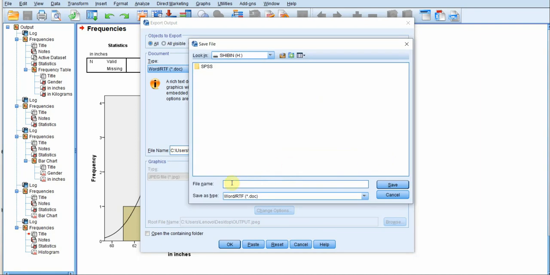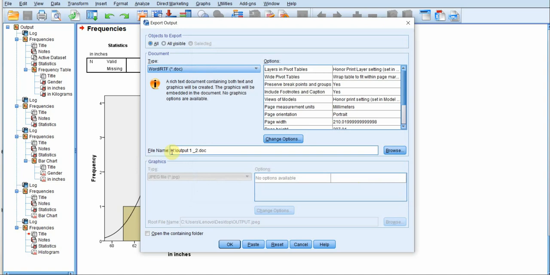So let me do one thing. Let me just save it in my pen drive itself. So I'm just choosing this particular location. Now you see the file name has changed.